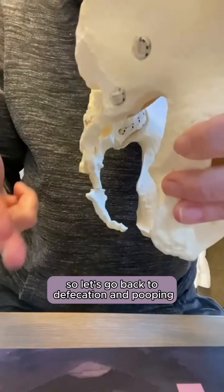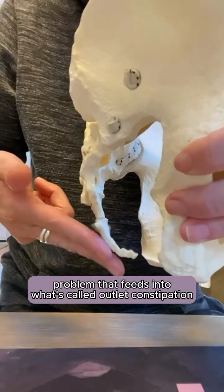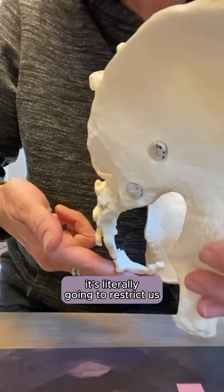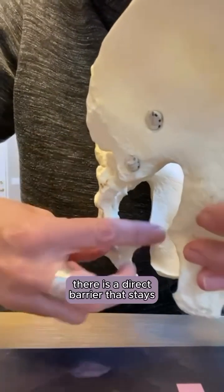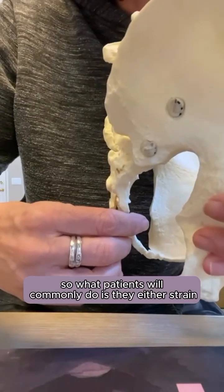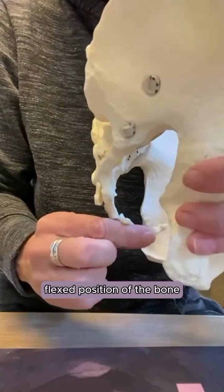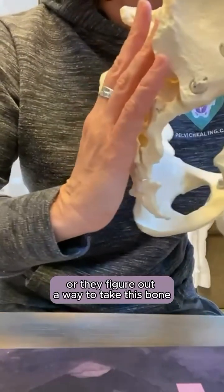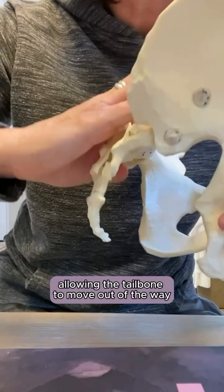So let's go back to defecation and pooping, because this is an underlying problem that feeds into what's called outlet constipation. When the bone stays flexed like this, it's literally going to restrict us from having an effective bowel movement. There is a direct barrier that stays right there. So what patients will commonly do is they either strain, push, to move past that flexed position of the bone, or they figure out a way to take this bone, the sacrum, and extend it back, allowing the tailbone to move